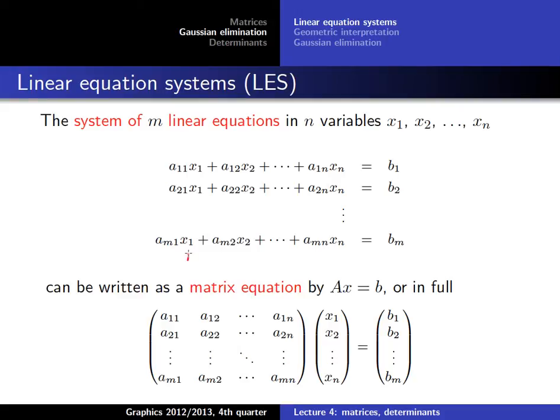So we have here linear variables x1 to xn, and multiply them with constant values, and then we get a result, which is then of course depending on the values of the variables here. And the question is then, what kind of values for x1 to xn fulfill one line and also all the others? So the solution of this linear equation system would be values for x1 to xn that fulfill all equations here. And